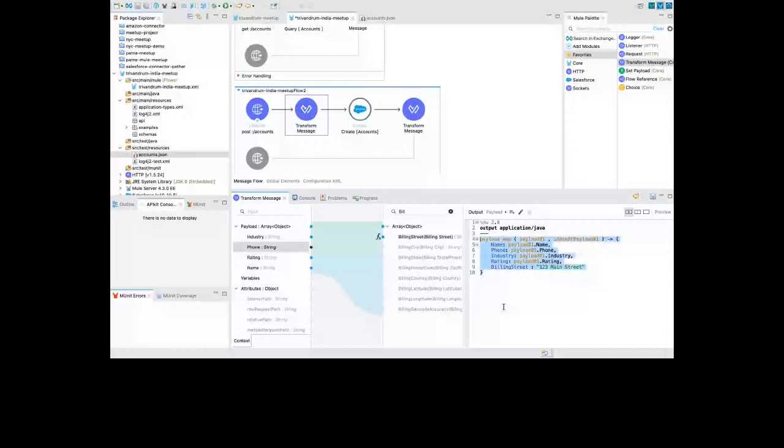And in the meantime, we'll go ahead and prepare a few account records over here. So we've got accounts. There are a couple of records. I'll say mule 1. I'll say mule 2, and the industry can be technology.